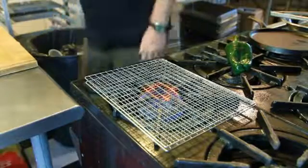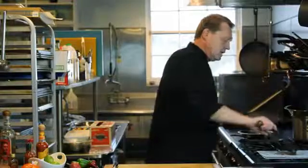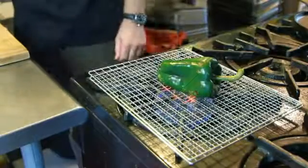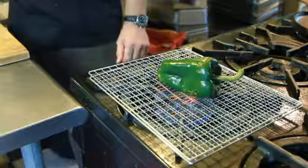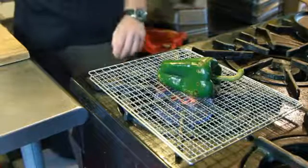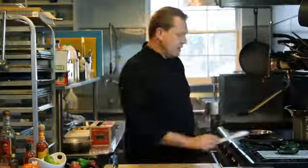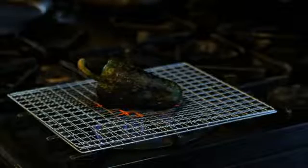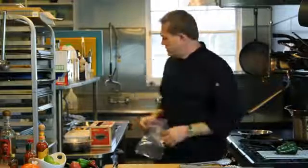First, we start by taking our chili, and we're putting it onto a screen directly over the flame. What we want to do is cook the chili until we get a nice blister on the chili itself. Once the chili is charred, you can either put it into a Ziploc bag and close it, or